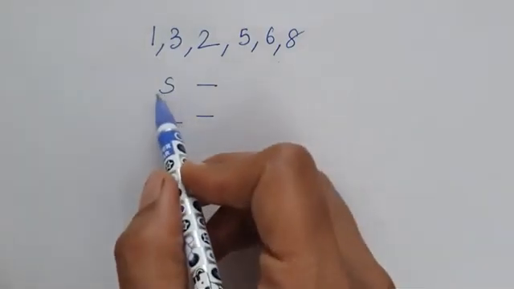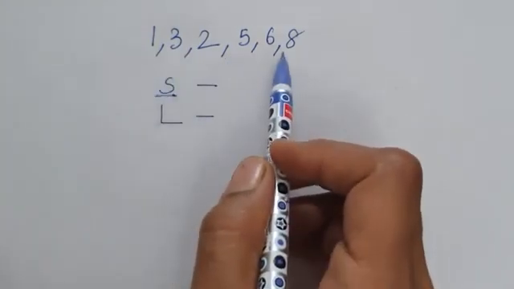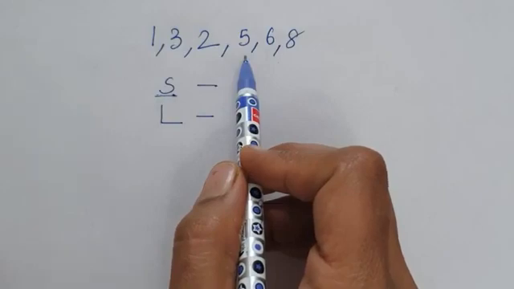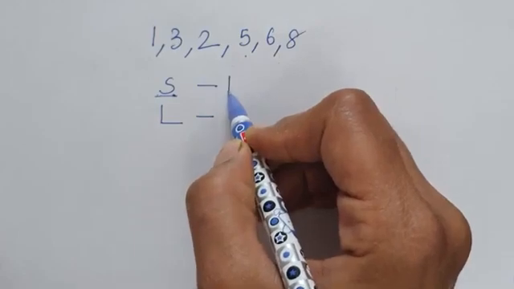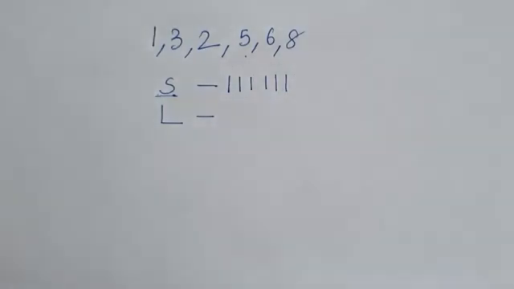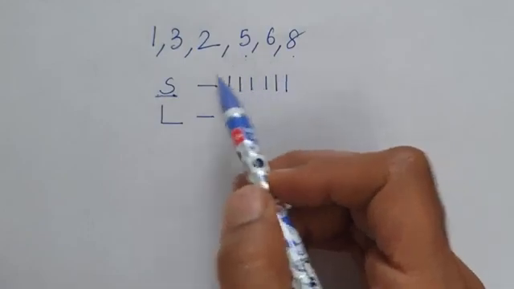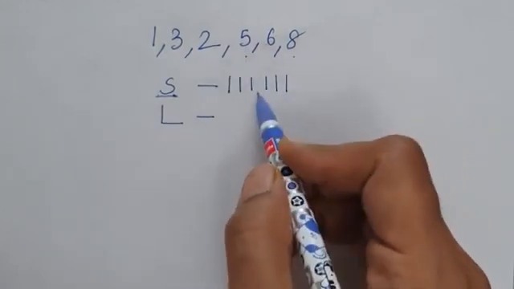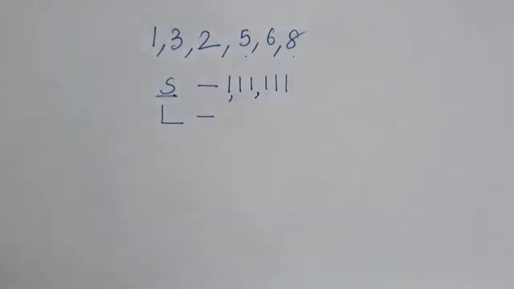Now since we are writing the smallest 6 digit number from these numbers with the condition that repetition is allowed, let us start first from 1. Now we can write it again and again, that is 6 times, because the condition is given that you may repeat the digits. So we get this number as the smallest 6 digit number.